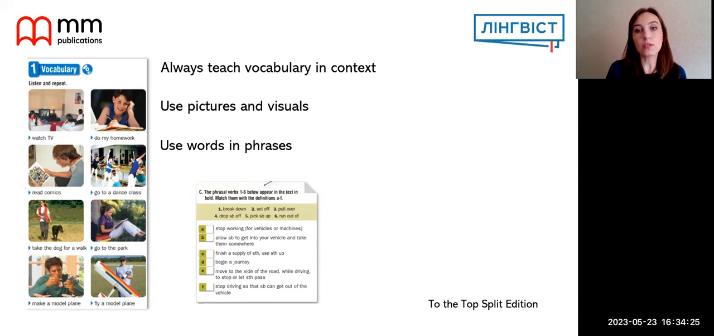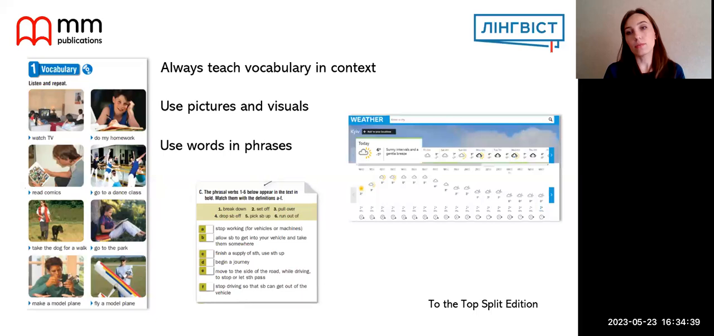Pictures and flashcards, they are good, but real world items are even better. You can try this. So we often teach words related to weather with pictures of clouds, rain, sun, and that's perfectly fine. But